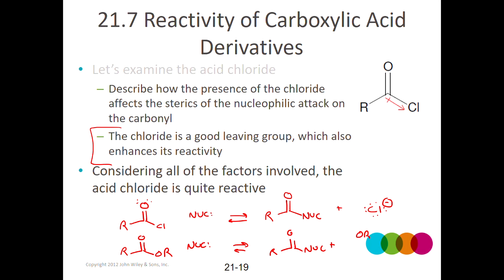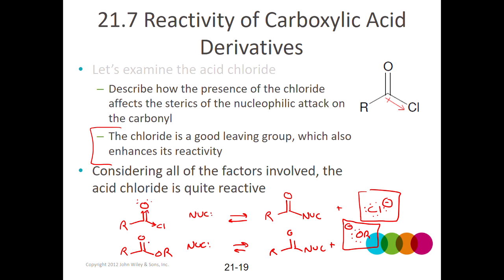If this leaving group leaves, I'll have a negative on an oxygen. So the quality of the leaving group is a major factor when it comes to the thermodynamics. It's the biggest factor when it comes to the thermodynamics. You know, we can say the same factors that affect the energy of the reactant,